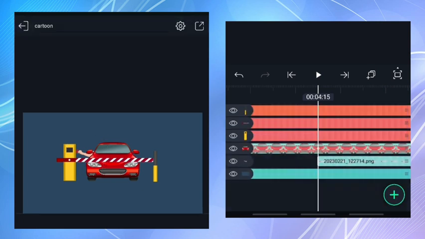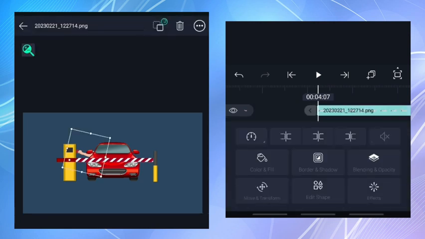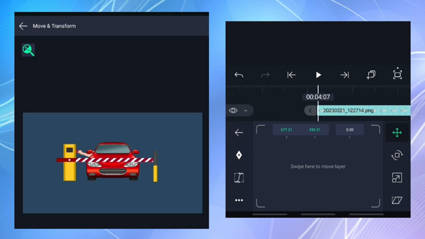As the car approaches, the arm comes out. Before the car finally stops, the arm starts to come out. At this point the arm should be inside, not outside. So we come to position, add a keyframe, and bring the arm right in there. As the car finally stops, let's say at 5 seconds,